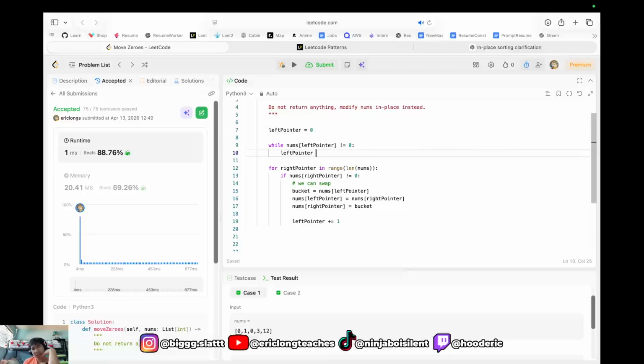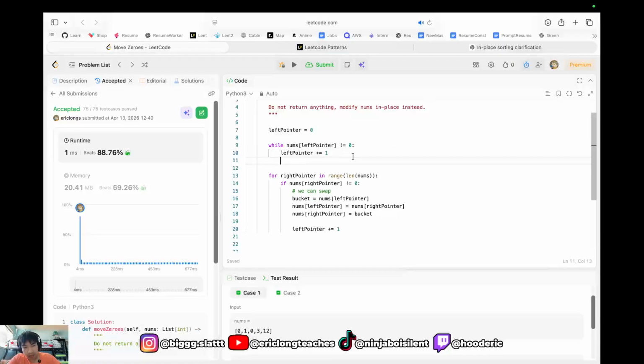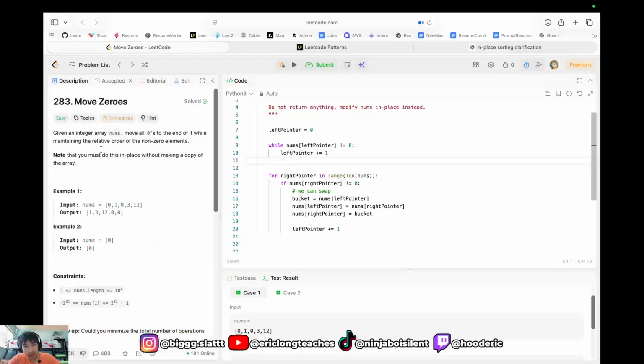Left pointer, well, left pointer is not equal to 0. Left pointer plus equals 1. So it'll equal 0 at one point, but let's say there was never a 0. Alright, if there is never a 0 in this,